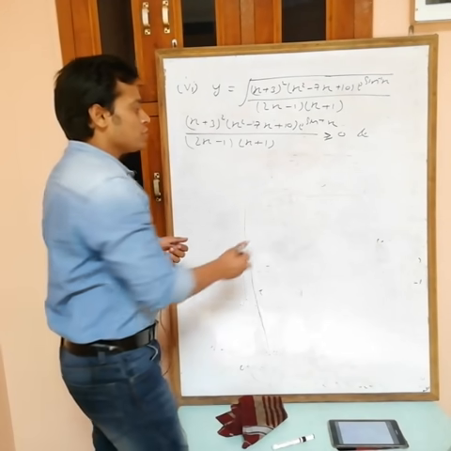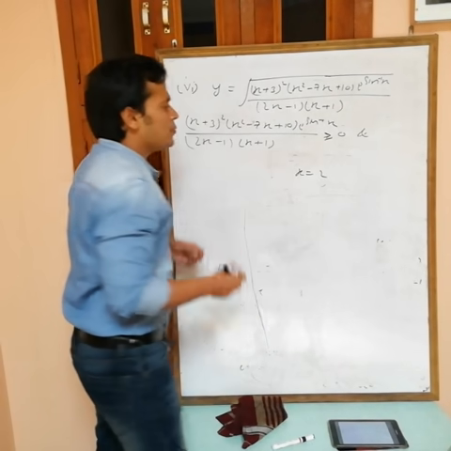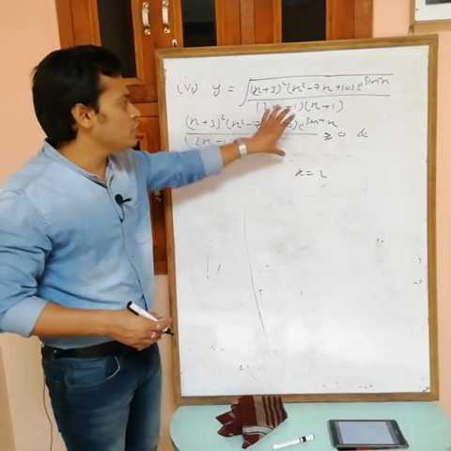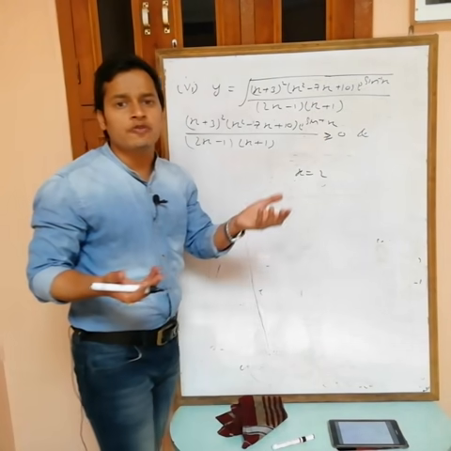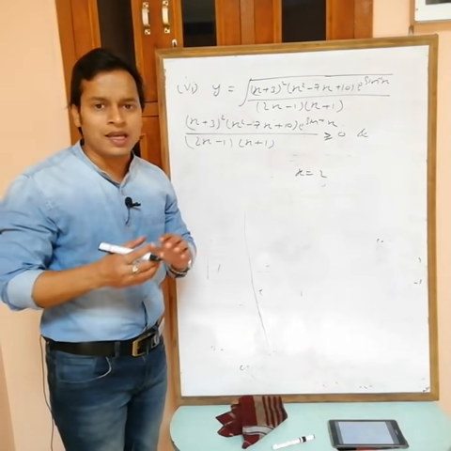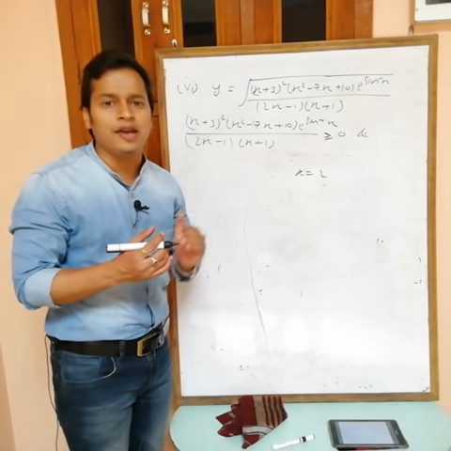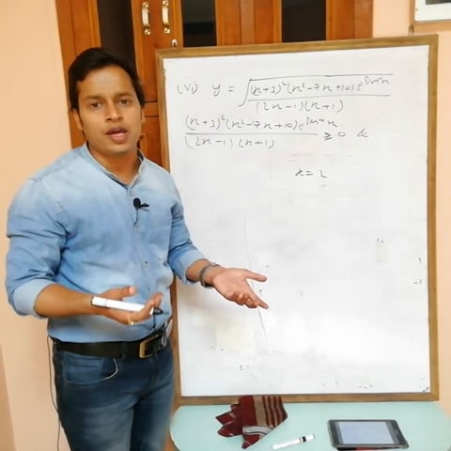Suppose, can you take x equals 2? Suppose for x equals 2 this value is positive. But when we put 2, here I am getting sine inverse 2. Sine inverse 2 is not defined. For sine inverse, we have values only from -1 to +1. Now, how can I put x equals 2?